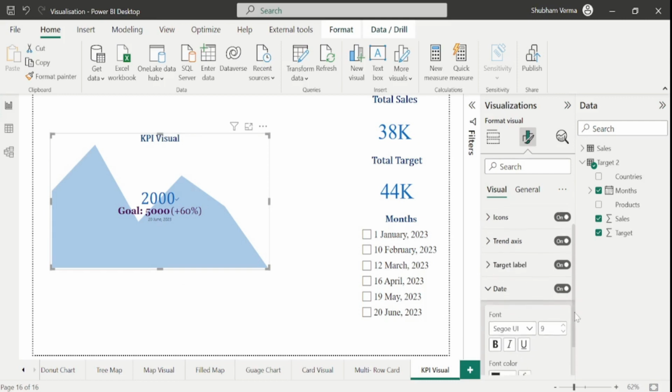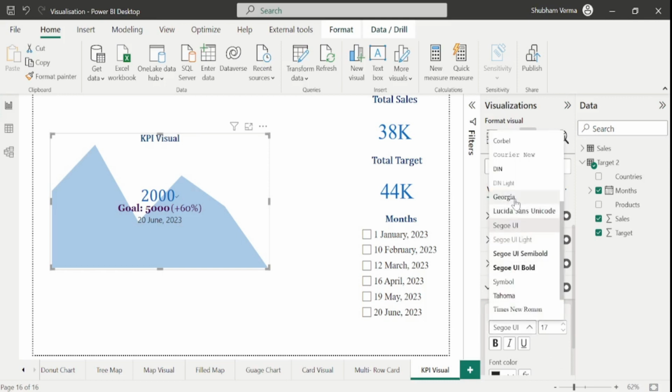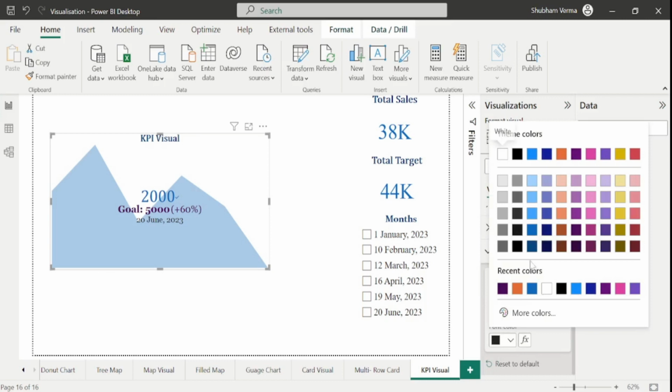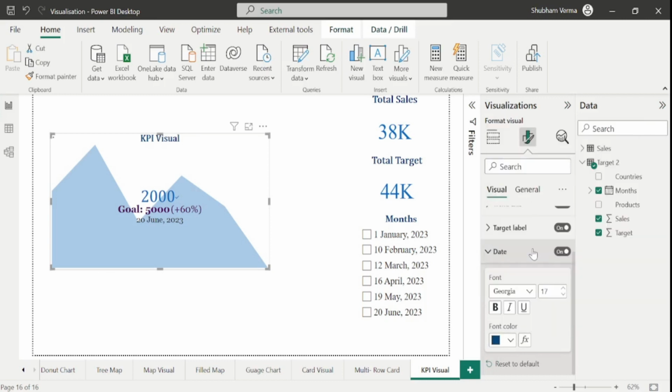And from here guys, you can increase or decrease the date size. See guys. And from here you can again change the formatting style. See, you can also play with the color. Let's say blue. So I hope guys you have definitely enjoyed this tutorial and are clear with all the features of